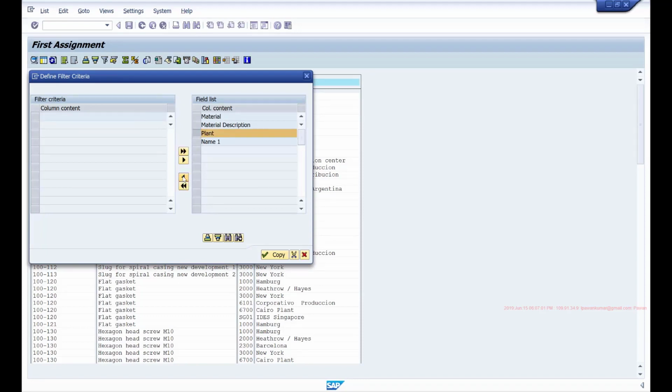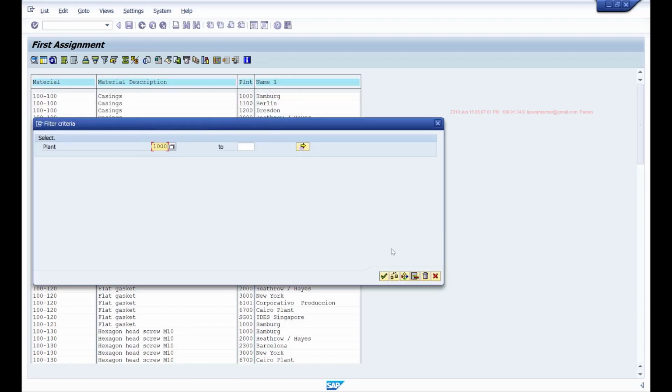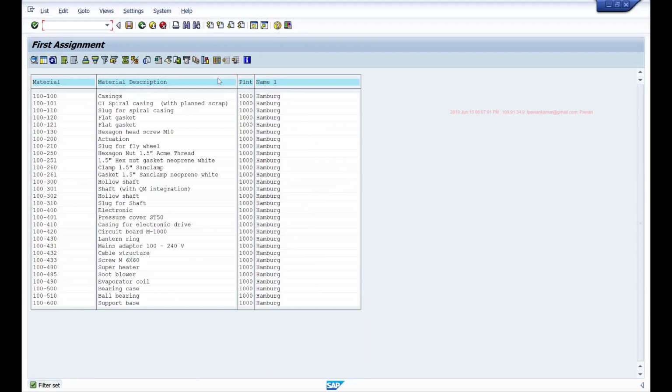So I'll say plant, copy, and here let's say I want to filter for this plant 1000 and click OK. Then it will list all the material numbers which have 1000 plant assigned. Now to do this filter, he has to follow these multiple steps. So click on this button first and then select the field by which you want to filter, and then set the filter value, and then it will display.